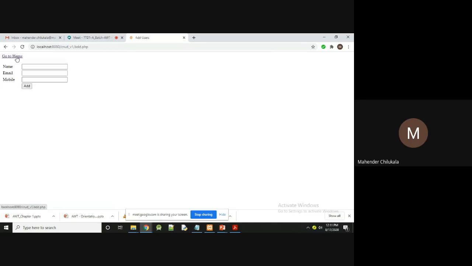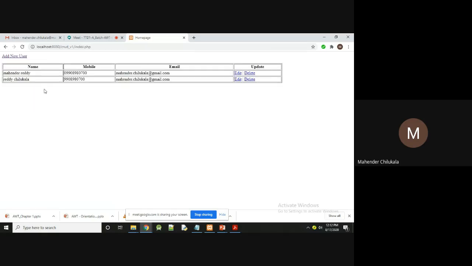When you click add user, then you can add name, email, mobile, and add. So the details are name, email, and mobile. The two members' details are added to the list. Now when you click view user details, you have two options, edit and delete.